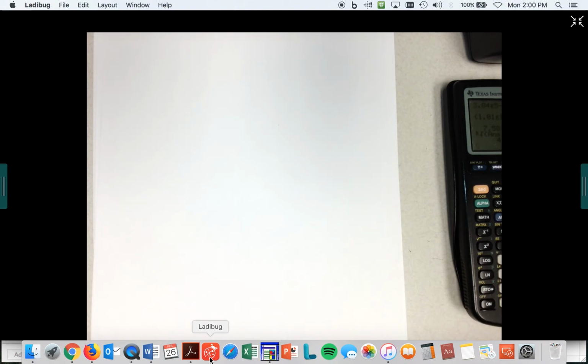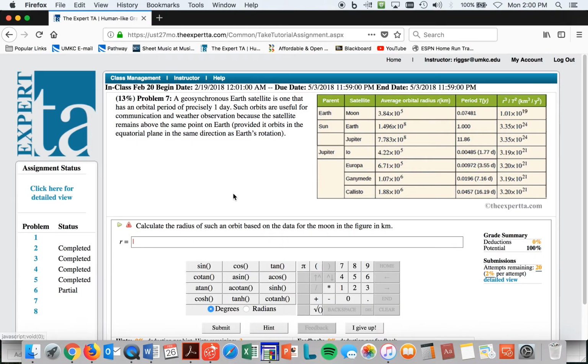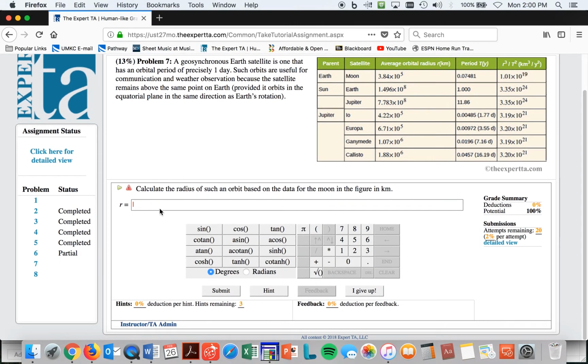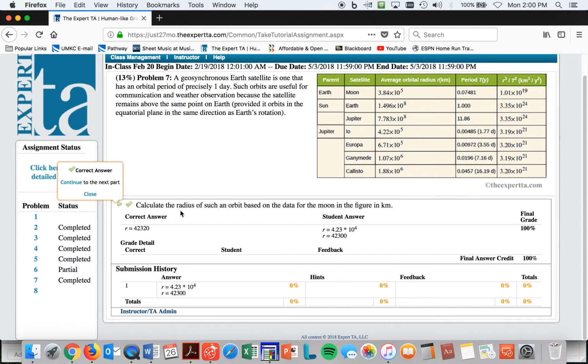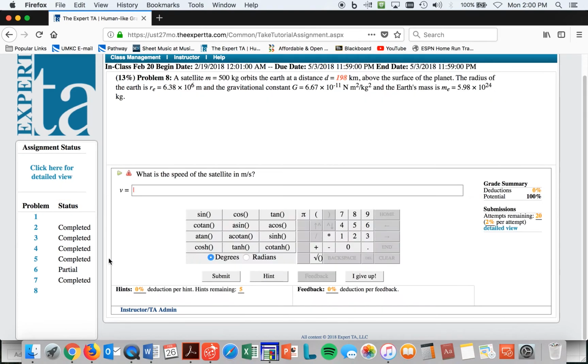So it says a satellite of 500. Well, let's just take a look at it. All right. Just in case you don't believe me. Yeah, baby. All right, now, last but not least,